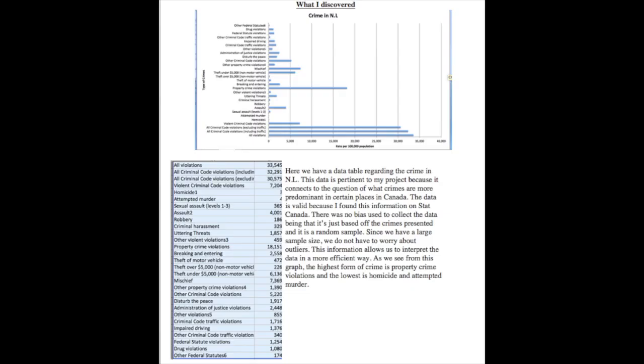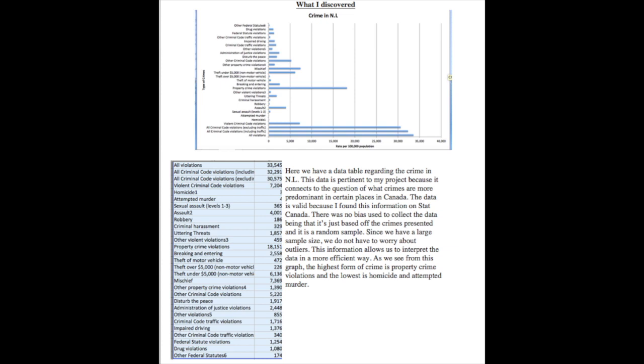So what I discovered was that the crime rate in Newfoundland and Labrador has a big difference between the types of crimes. For example, homicide has only at least 3, and then attempted murder is 4, but then you see the property crime and theft have a really high number. And I found this information on Stat Canada,